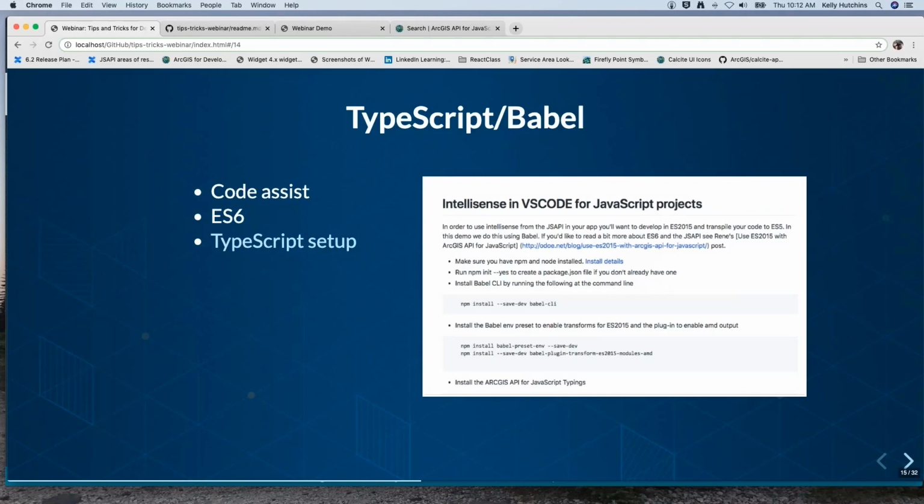It's also worth taking a little bit of time to become familiar with TypeScript and/or Babel. Using either of these gives you some nice advantages when working with the API. My favorite feature is that you get code assist for the API. Along with code assist, you'll also be able to take advantage of ES6 features like template literals, destructuring, arrow functions,